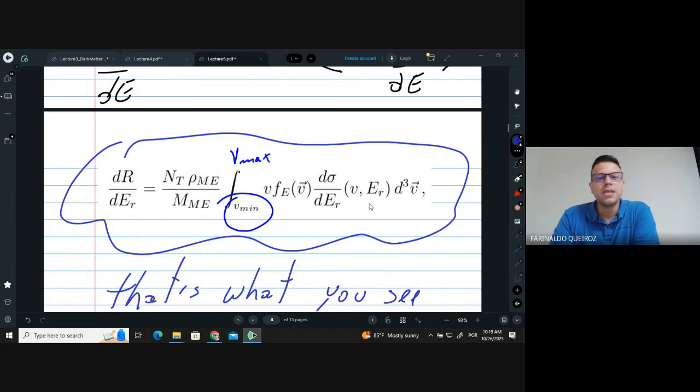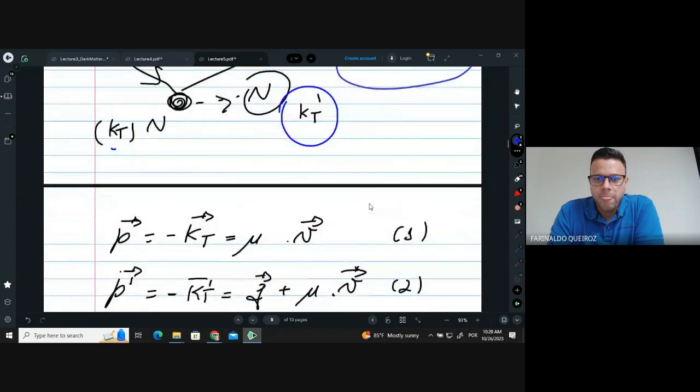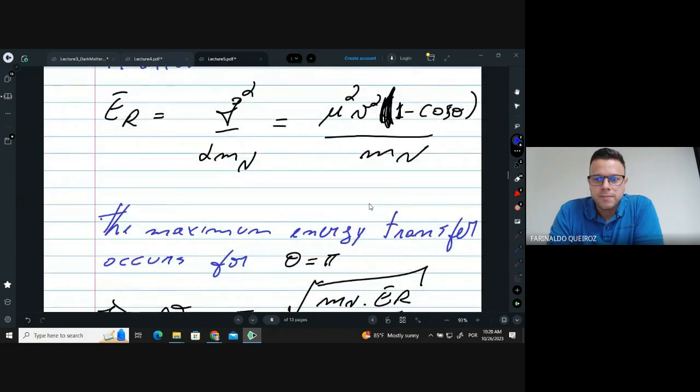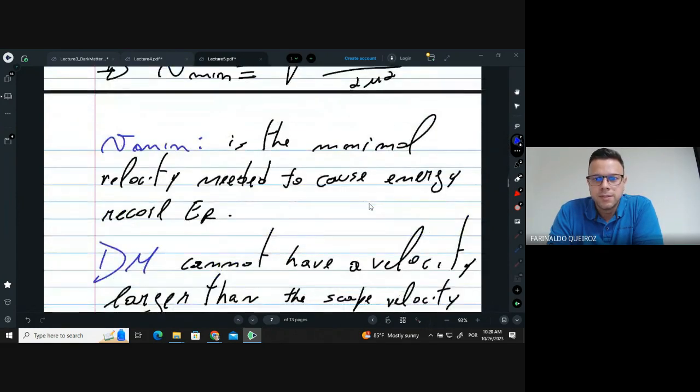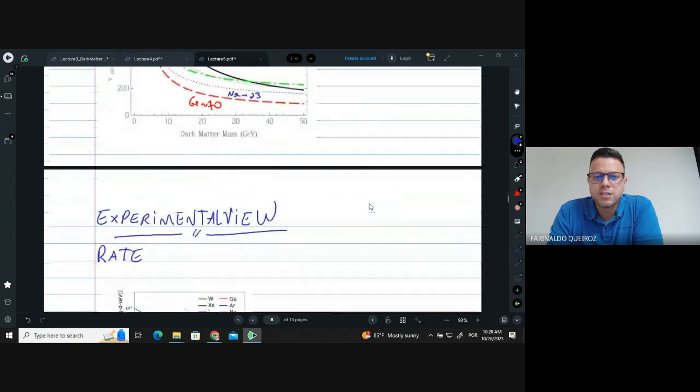But anyway, it won't change a lot. Instead of Vmax being 800, remember 500-something plus 200, it maybe will be 900 or something. So you change the integral a bit, but it won't change dramatically what you're going to get at the end of the day. So it's called a stream. But let's go to this